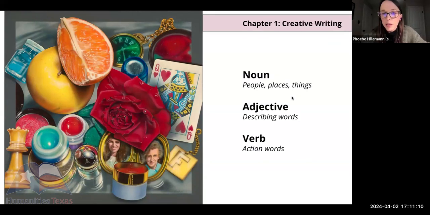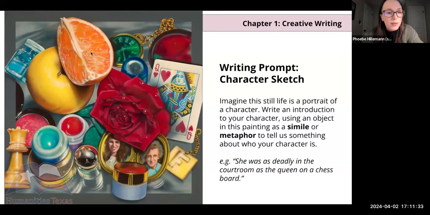And we're going to start with nouns, which, as I'm sure you all know, are people, places, and things. And I'm going to ask you to start in the chat listing some nouns that you can find in this artwork. And I'm actually going to go out of my slideshow, if I can figure this out, and switch over